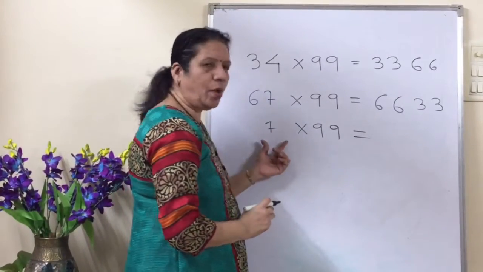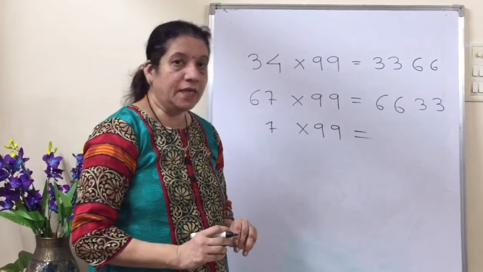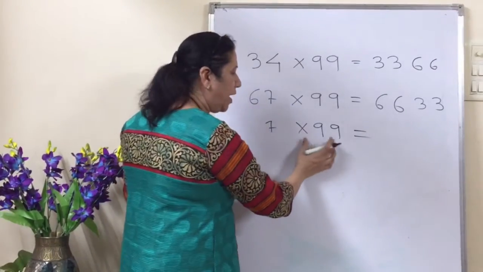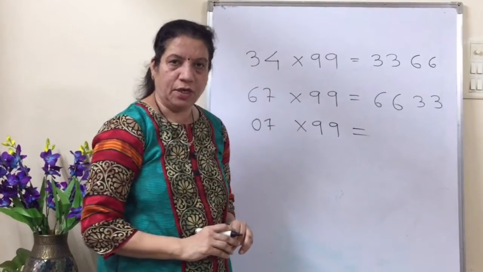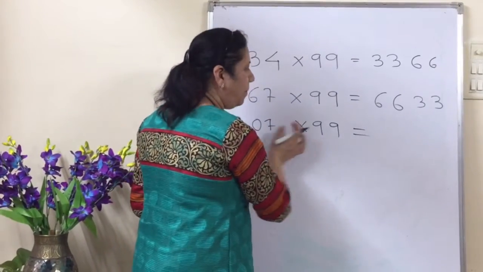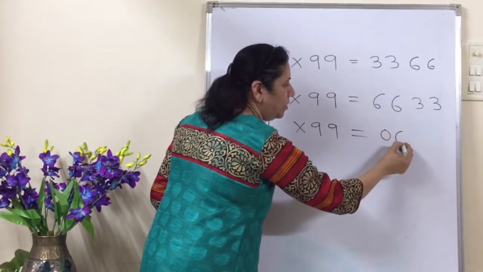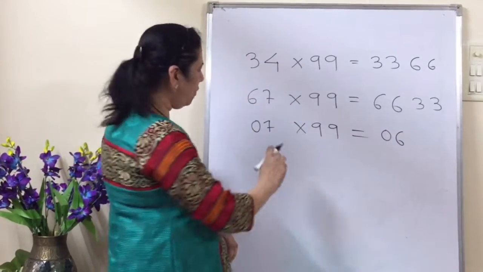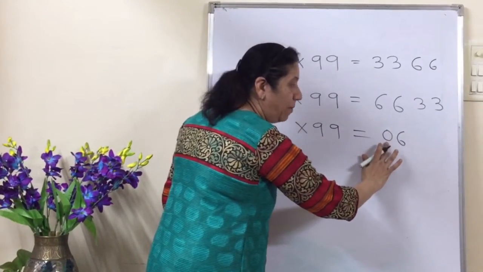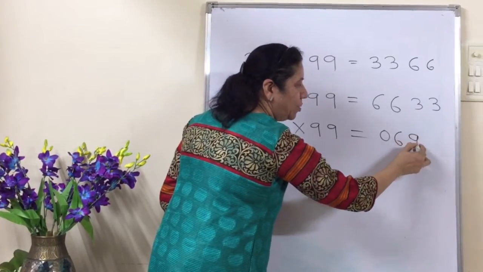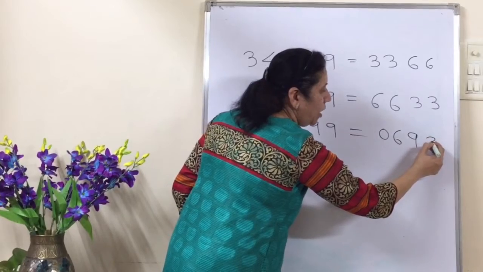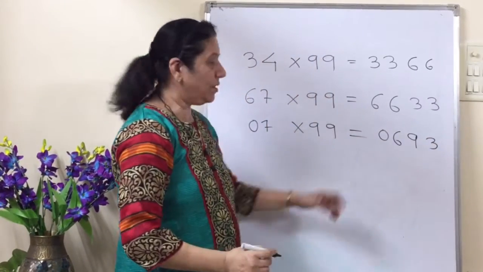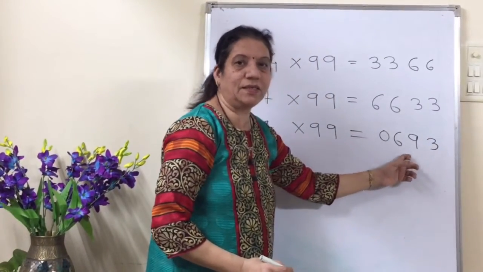Now suppose you have a single digit, 7. We cannot multiply it with 99 directly, so we convert this into 2 digits, 07. What is one number less than this? It is 06. Now we add a number to 0 to get 9, and that digit is 9. In 6 we add 3 to get 9, and we get the final answer, 693.